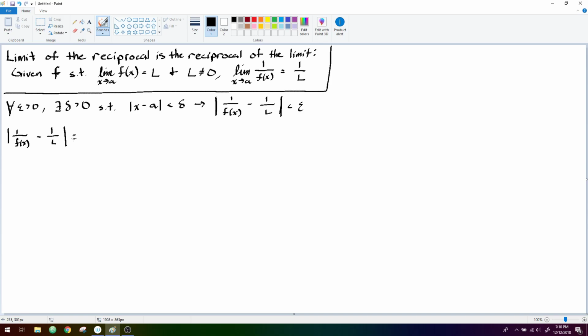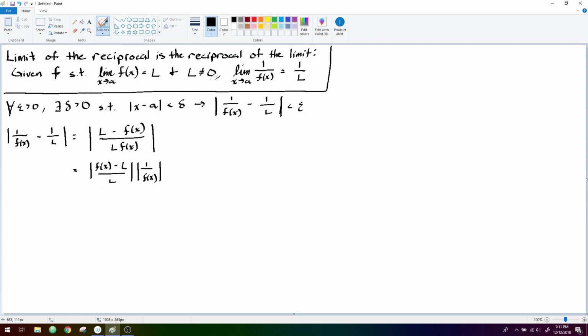So we're going to start off by doing a little cross multiplication, which will give us an L minus f of x in the numerator over an L times f of x in the denominator. Now, recall that because we're doing everything inside an absolute value, it's okay for us to commute the terms on either side of the minus sign, and we're also going to split out our factors. So we're going to group the f of x minus L in absolute value over L into one term, and we're going to group the 1 over f of x that remains into another term,